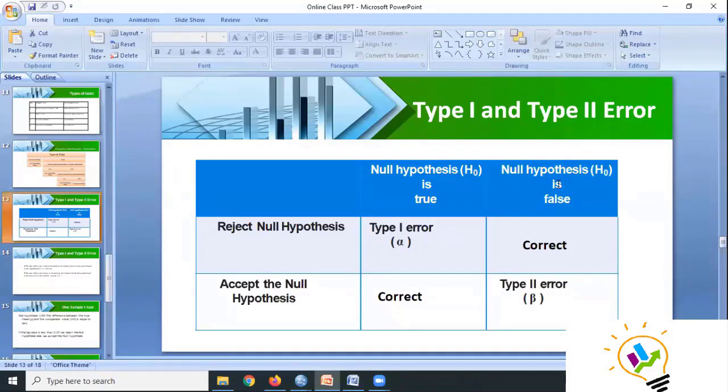But if the null hypothesis is false and we are accepting it, this is a type 2 error. Generally, medical people always look towards the type 2 error. Social science people generally go with the type 1 error, which is why we always call it the alpha value. What is the significance level? It asks: if the null hypothesis you made is true and you reject it, how much is the chance that you are rejecting it? It means I am taking only a risk of 5%. So in social science, we generally talk about the type 1 error only, the alpha value.